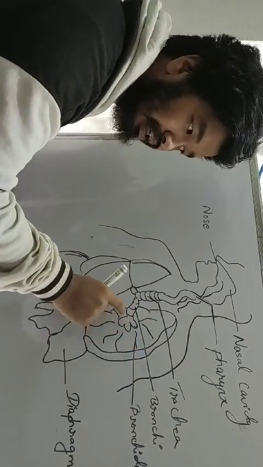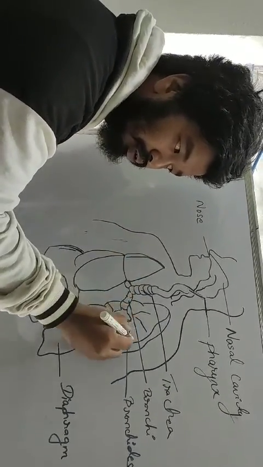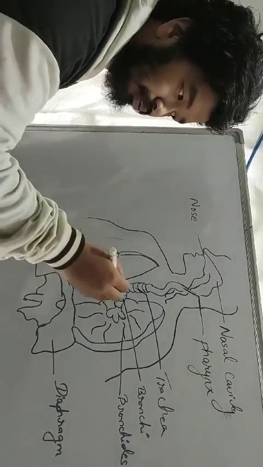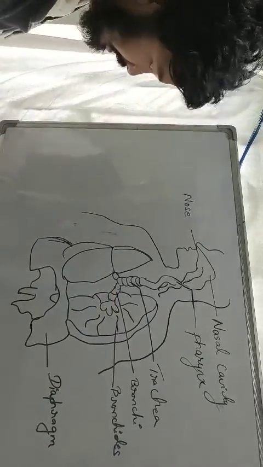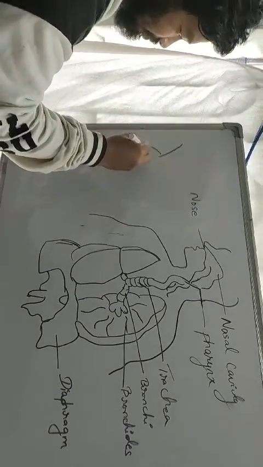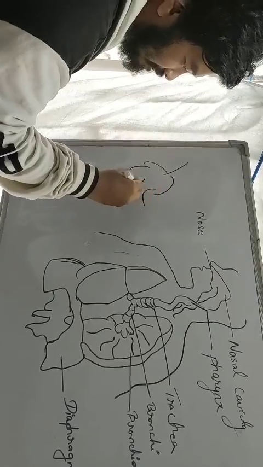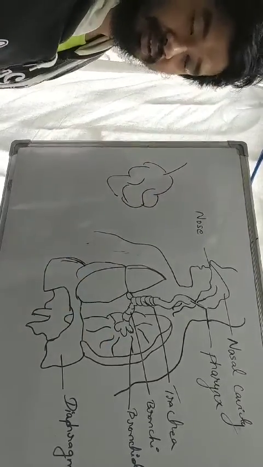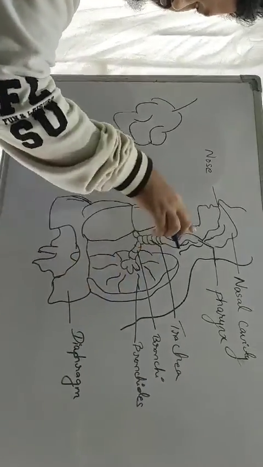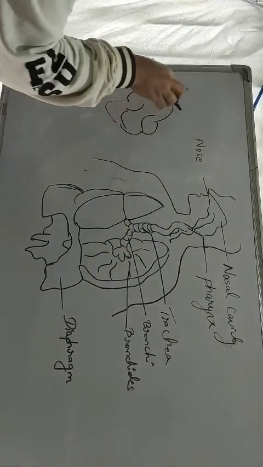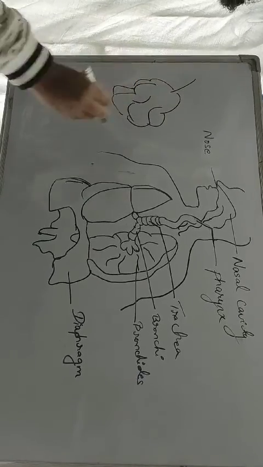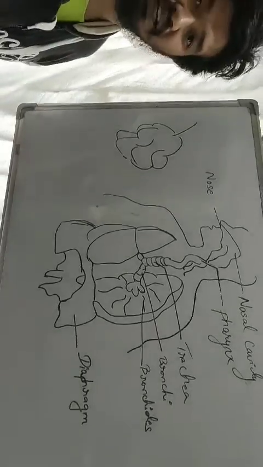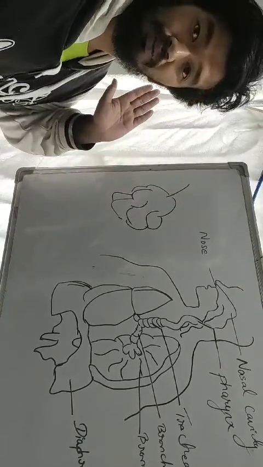Once it enters the bronchi, it leads again to small narrow paths, known as your bronchioles. Once it goes to the bronchioles, you will see something like a grape-like structure. It is very minute, so you cannot see it, so I am drawing it out here. This grape-like structure is known as your alveoli. This area is known as your alveoli, and this is very important to us.